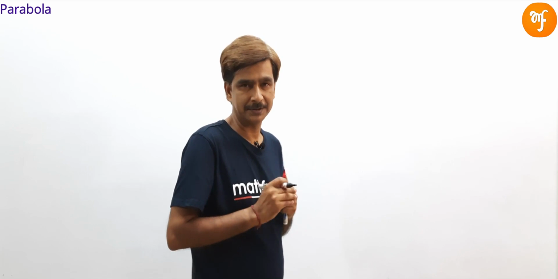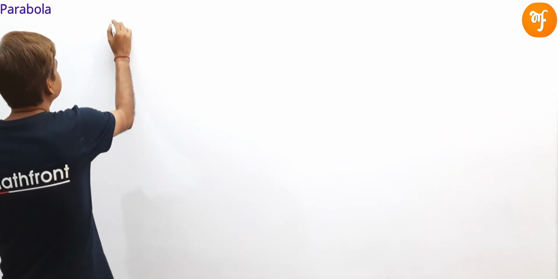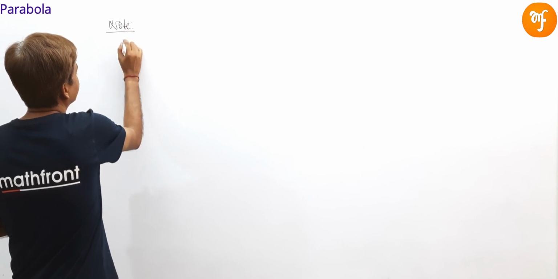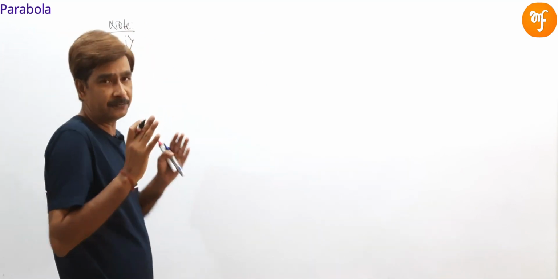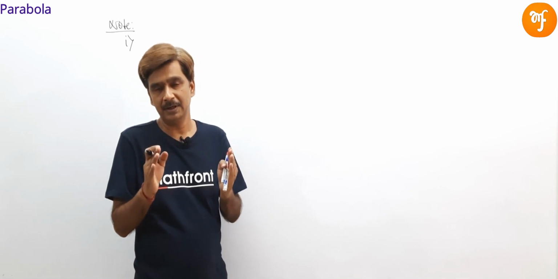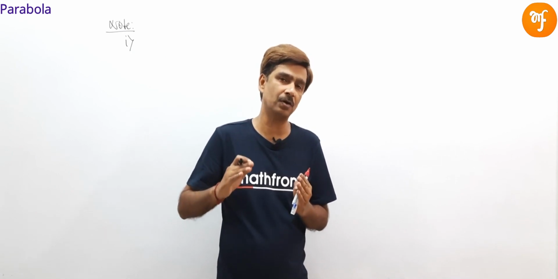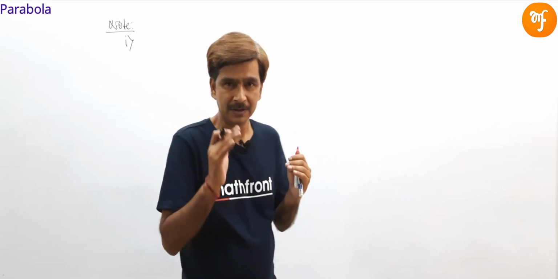So friends, now we'll discuss three important notes on parabola, and all of these three notes are very useful for numericals. Okay, so please look very carefully and we'll go through in details. So the first note is: if (at1², 2at1) and (at2², 2at2) be the ends of any focal chord of the parabola y² = 4x, then the value of t1 into t2 becomes -1. Okay, so please note it.